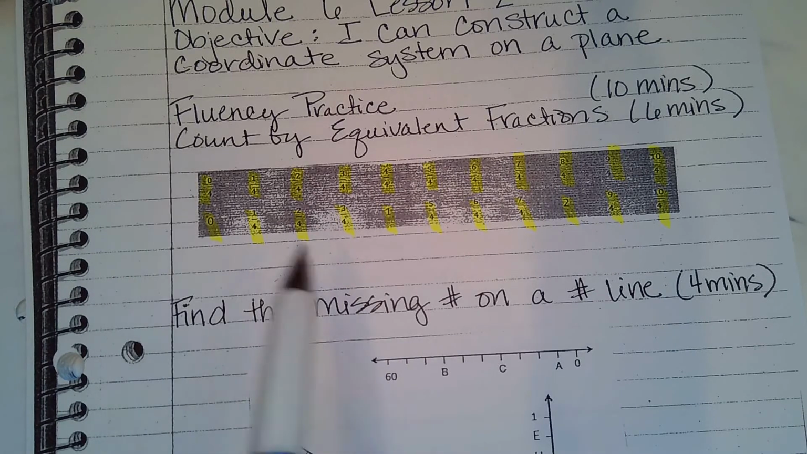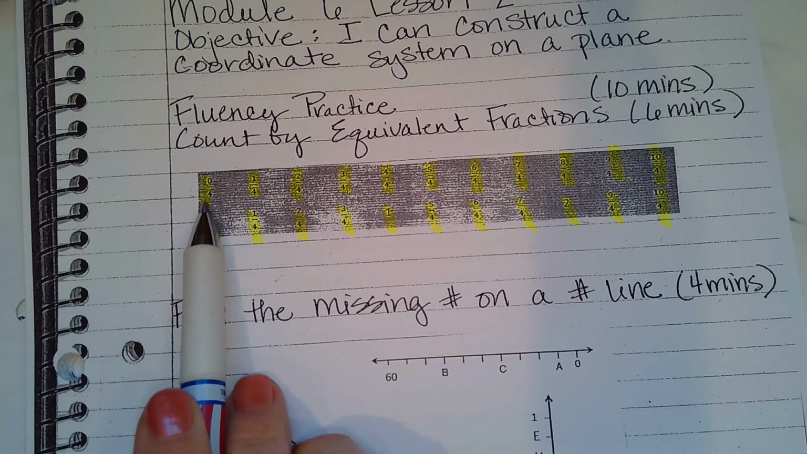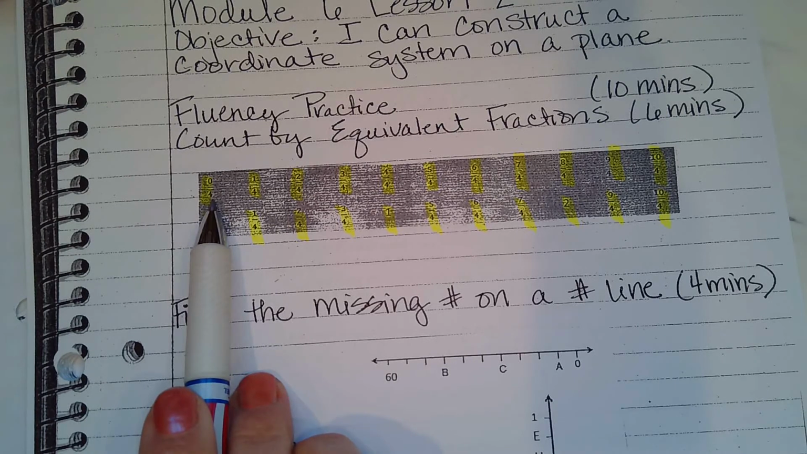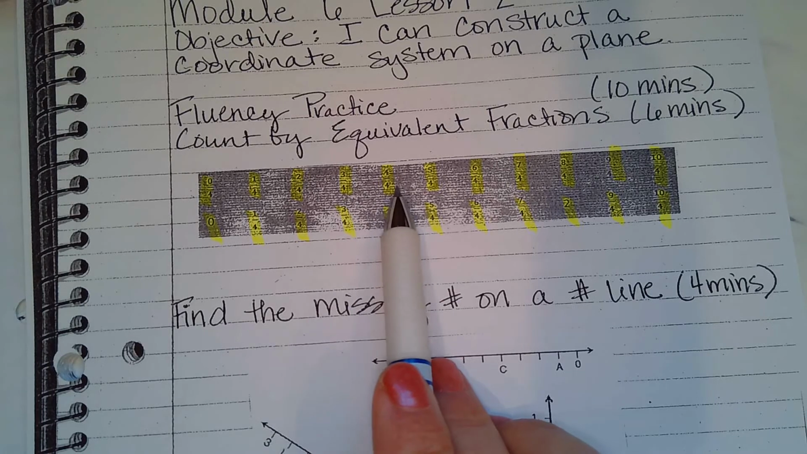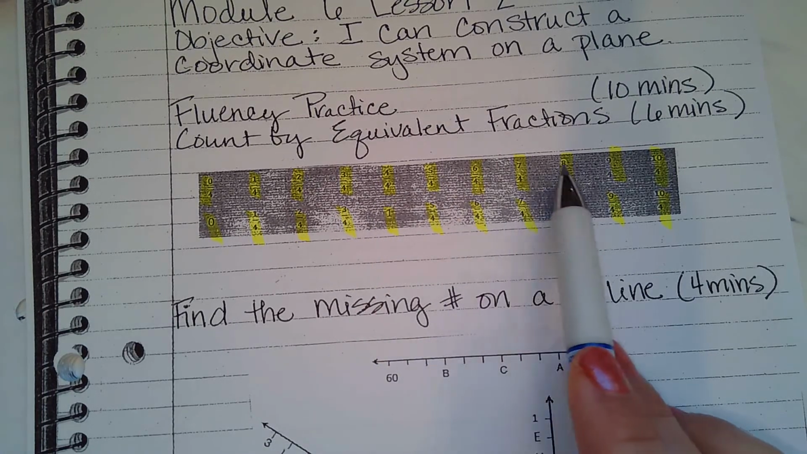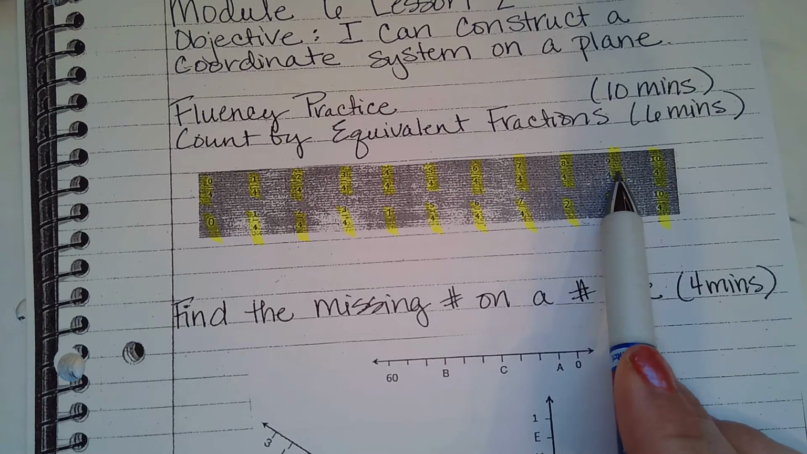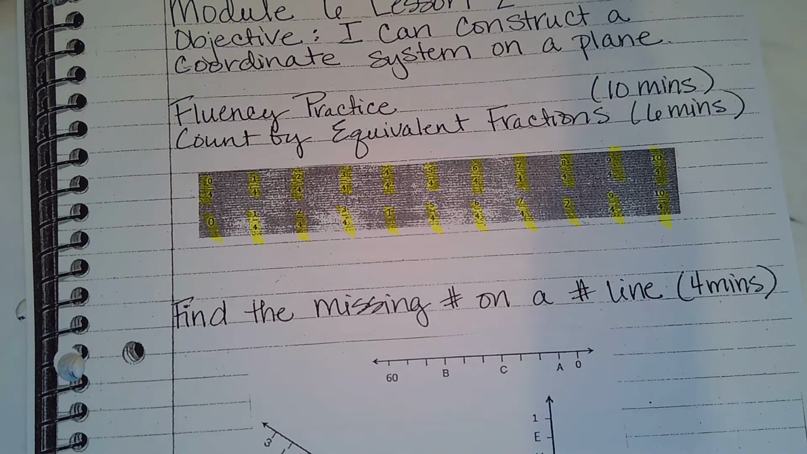So let's read these. I know they're difficult to read, so I highlighted them. 0 fourths, 1 fourth, 2 fourths, 3 fourths, 4 fourths, 5 fourths, 6 fourths, 7 fourths, 8 fourths, 9 fourths, 10 fourths. Now, let's read it again, but let's replace the fractions with whole numbers when our fraction turns into